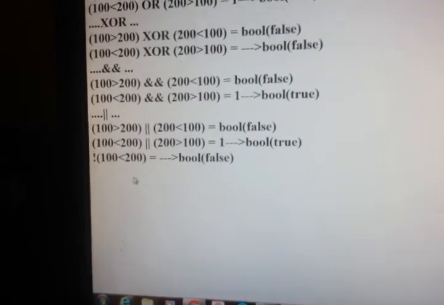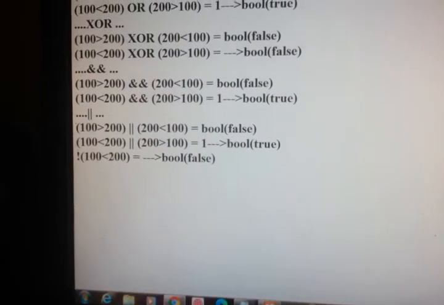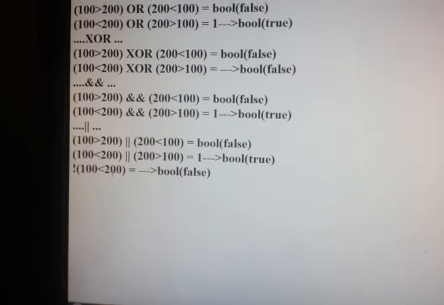Save. Now, 100 less than 200 is a false statement.